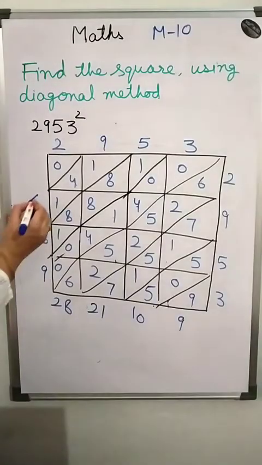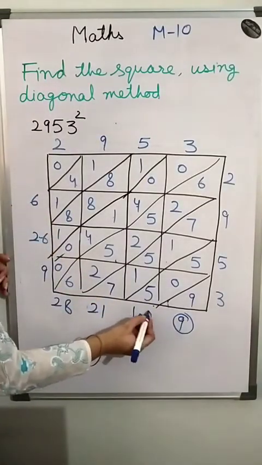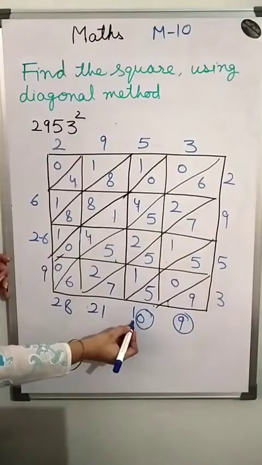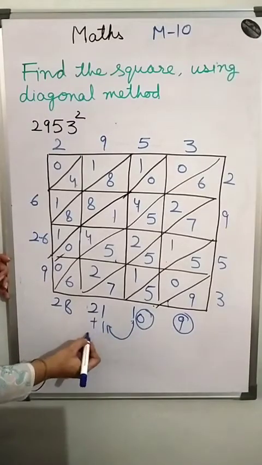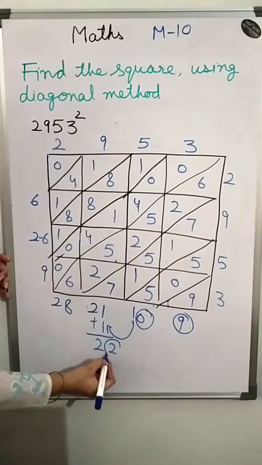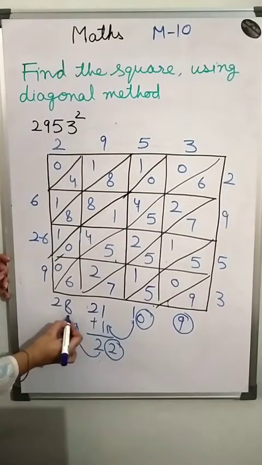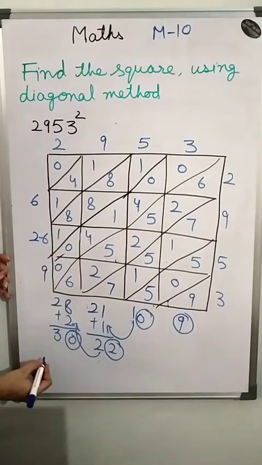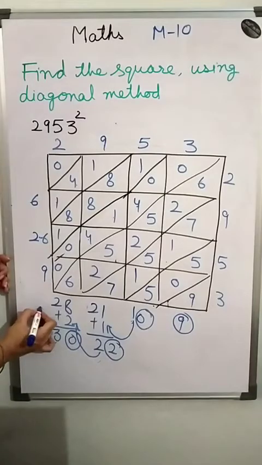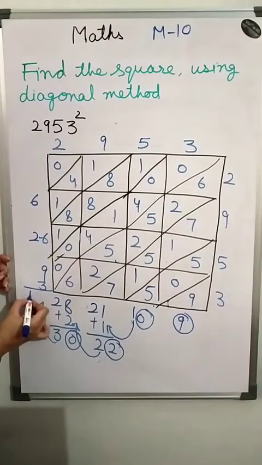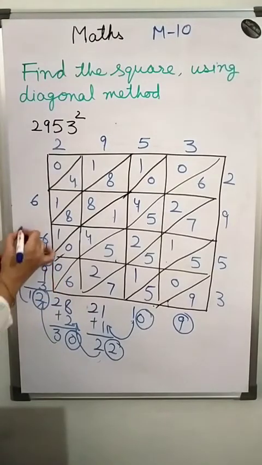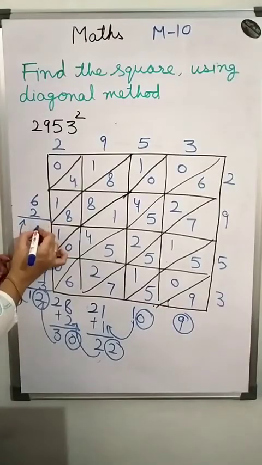Now circle all the unit digit numbers. This one is a unit digit number and this is also a unit digit number. Here we have 2 digits, so the tens digit goes to the next number and we add it there. It will become 22. Circle this number, and the carry goes to the next one and becomes 30. Circle 0 because 0 is a unit digit, and 3 goes to the next number and is added. It becomes 12. Circle 2 and 2 goes to the next. It is 27. Circle 7 and 2 goes with the next number. It is equivalent to 8.